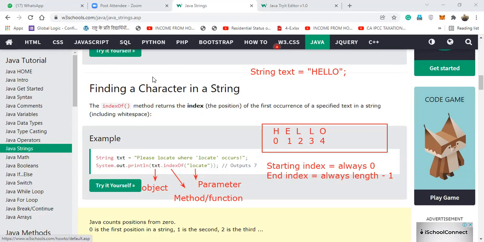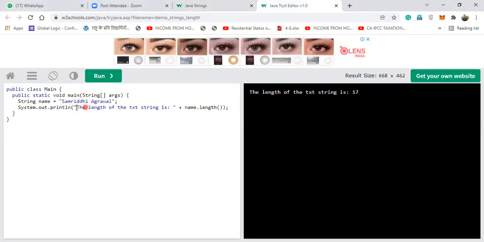Now here, suppose I say, in this example, I'm searching what? The index position. I'm just giving you one example here and you tell me what answer you are expecting.